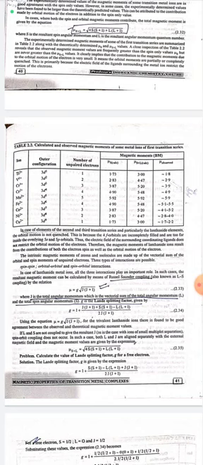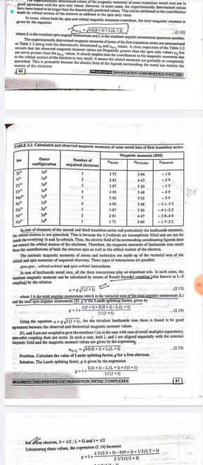The intrinsic magnetic moments of atoms and molecules are made up of the vectorial sum of the orbital and spin moments of unpaired electrons. Three types of interactions are possible: spin-spin, orbital-orbital, and spin-orbital interactions. In the case of lanthanide metal ions, all three interactions play an important role. In such cases, the resultant magnetic moment can be calculated by means of Russell-Saunders coupling, known as LS coupling, by the relation μ = g√(J(J+1)).